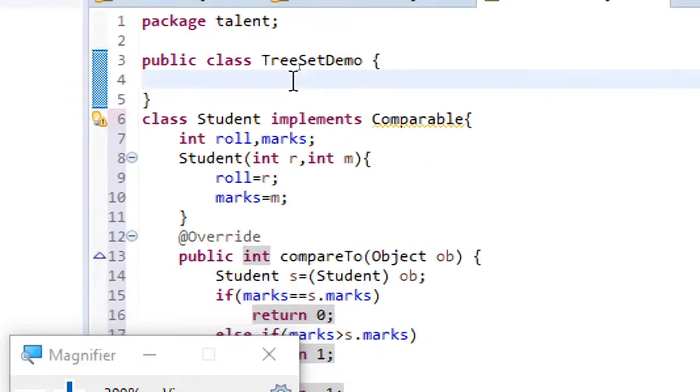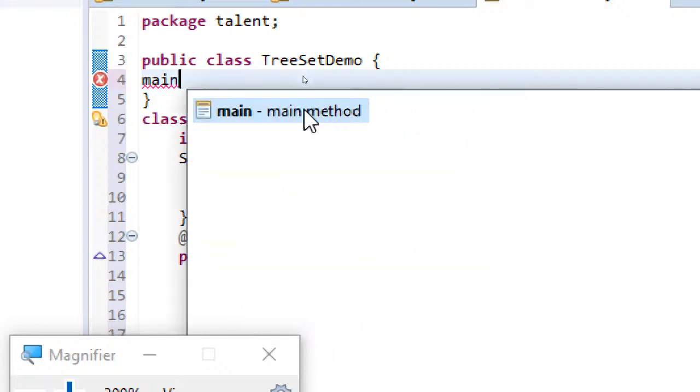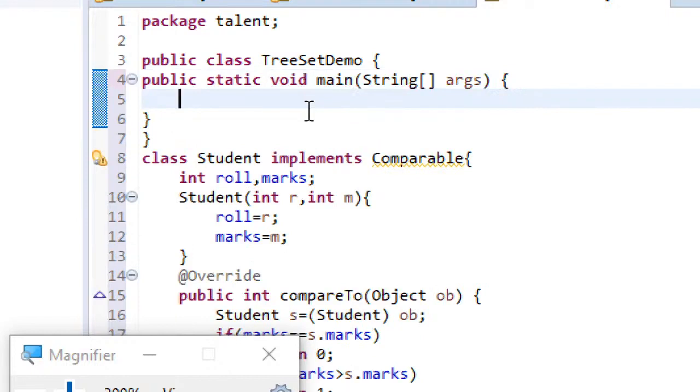Now let's get back to this TreeSet demo. And here we require a main method in order to create objects for Student. So here is the main method, and in this, we are supposed to create an object for this TreeSet.